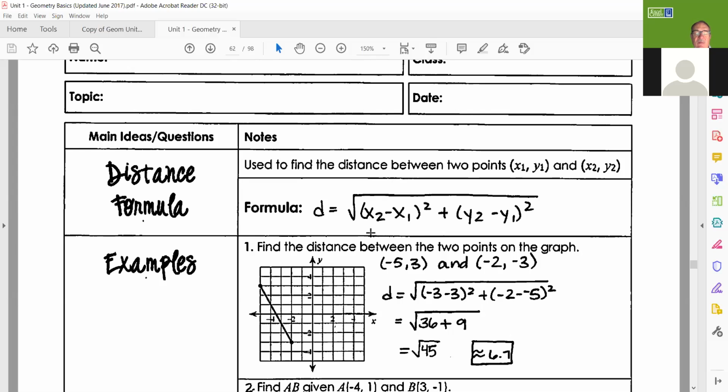So the distance formula involves comparing the x values and comparing the y values. And whichever one you decide is the first one and the second one, it doesn't really matter. You're gonna label these. If it helps to label them, I would encourage you to do that. So this one here would be x1, y1. The second one would be x2, y2. That way you can just pick the numbers up and plug them right into that equation. So